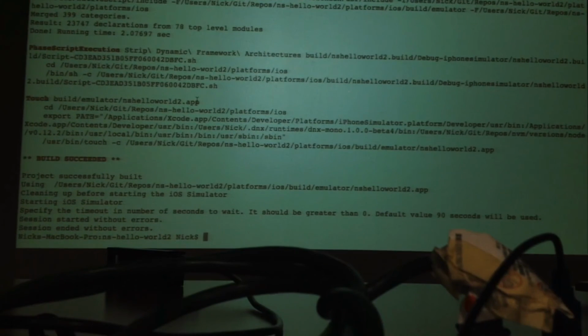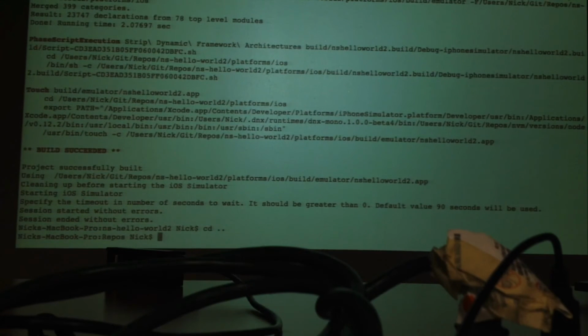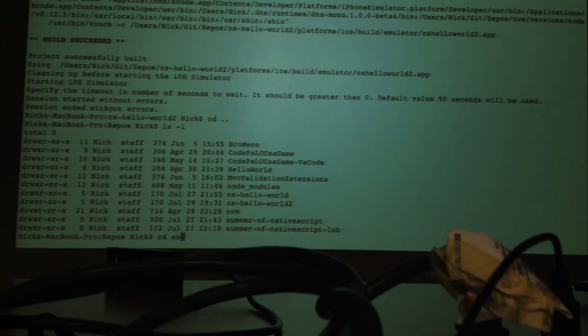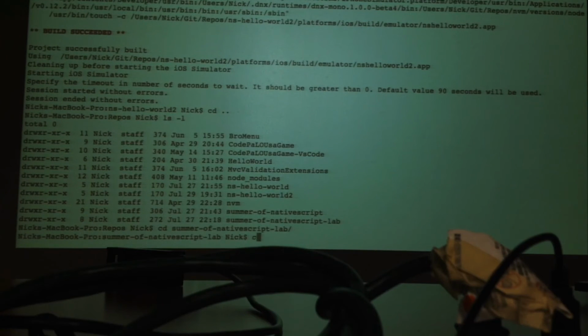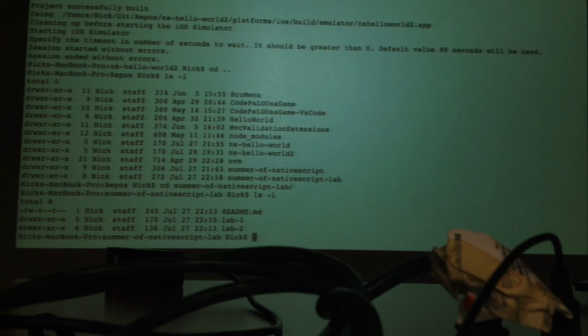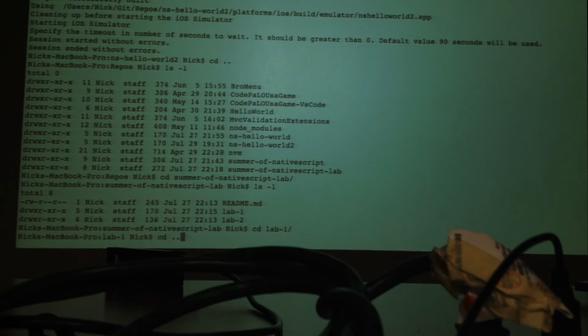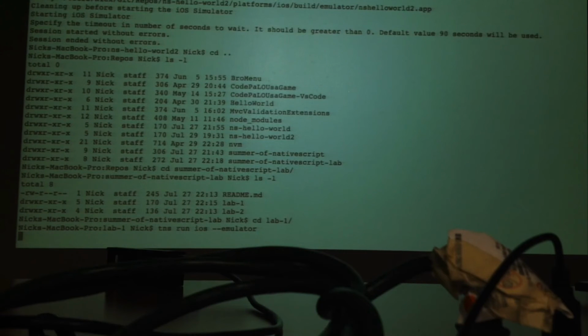If you really like gulp or grunt, you can write a gulp task or a grunt task if you want. I haven't done that yet, because I'm lazy. So, let's go to Summer of NativeScript lab, lab 1, and then I'll run my tns run ios emulator, okay, if you're doing the iOS one.